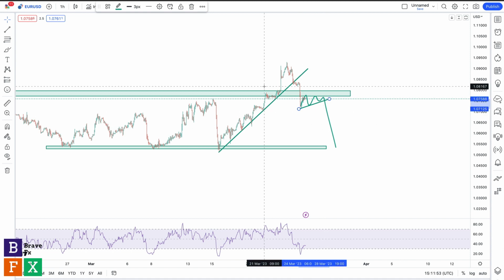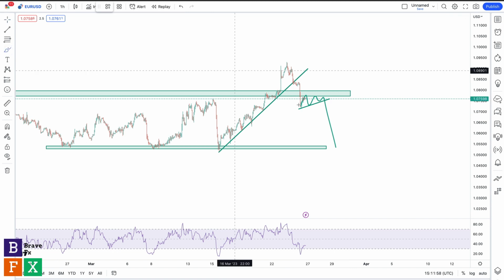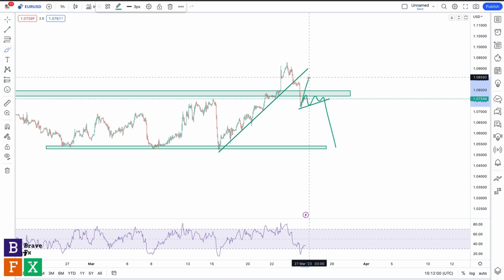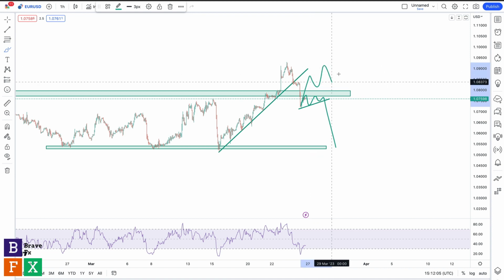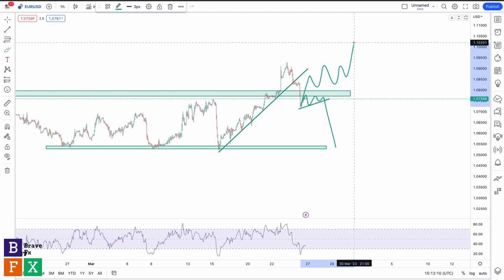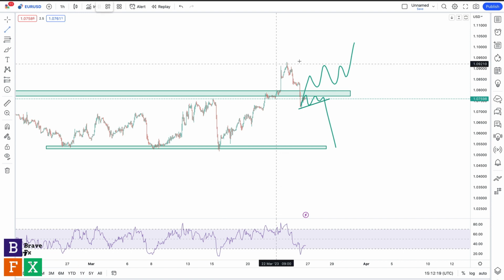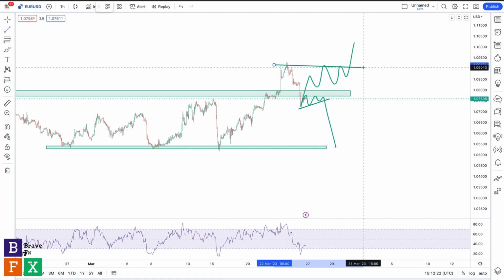If we do not get a consolidation like this, and then we get, let's say for example, a bullish reversal back above the area of value, and a good consolidation above, something like this, giving us a resistance level to trade a breakout, then I'm going to go long. So this will be my scenario to go long on EUR-USD. If we get a consolidation like this and a bullish breakout, then I'm going to go long on EUR-USD,